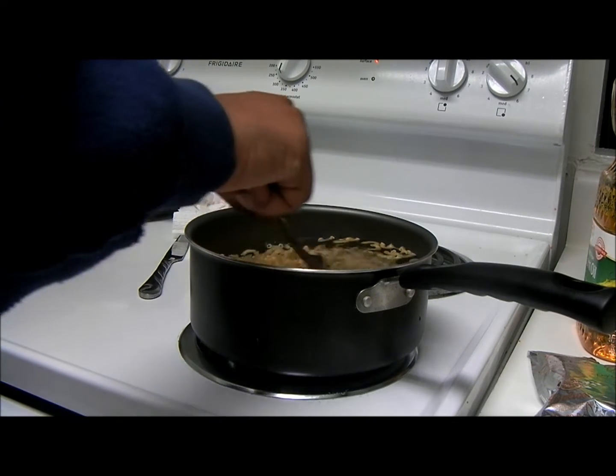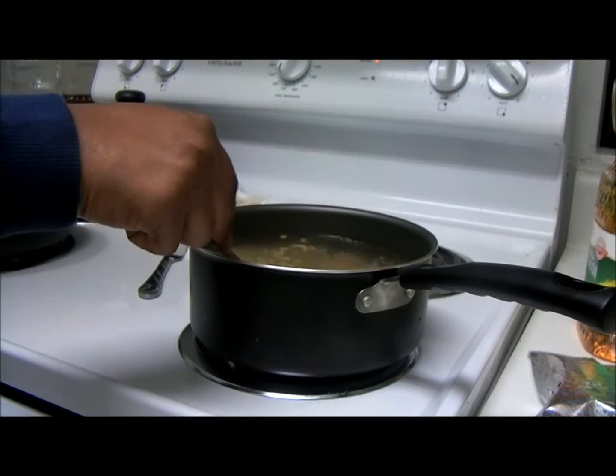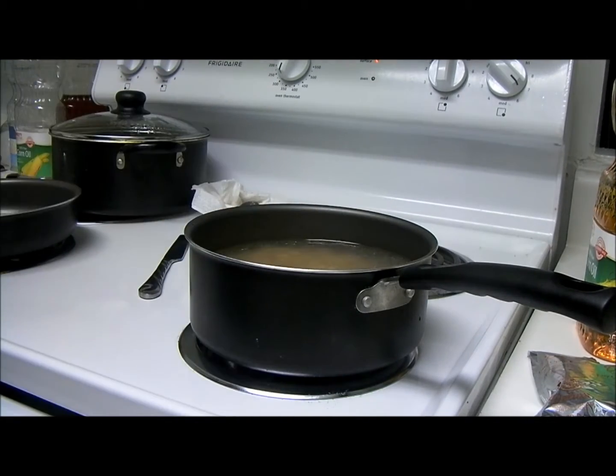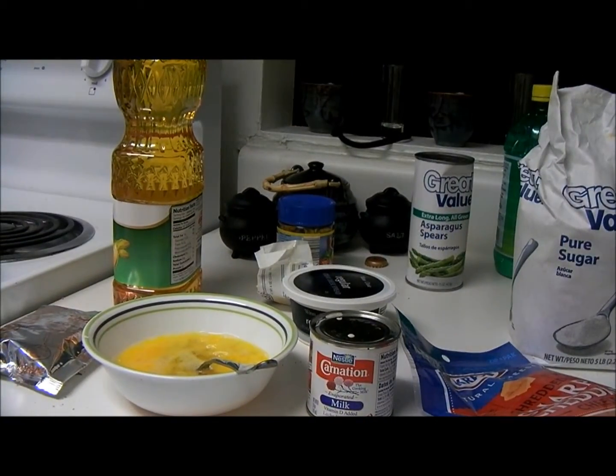Okay? I'm going to mix those. Make sure that oil gets really incorporated. Okay. Start on our cheese sauce. Alright, and what I like to use is,